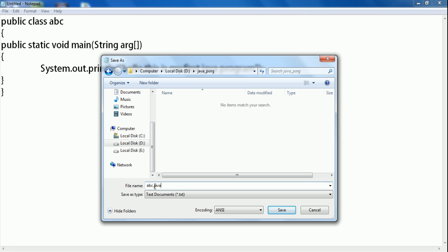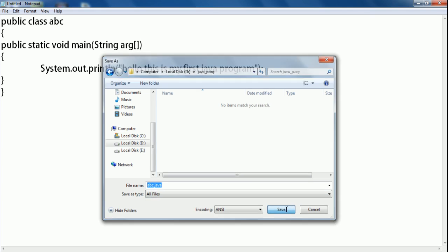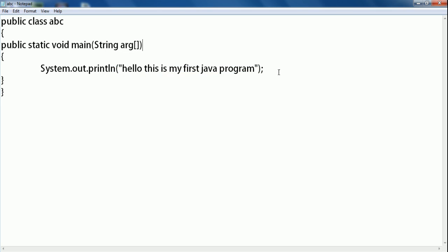So it's better to use the same name as the main class. I have written abc.java, and you can choose all files and click save. Now it's saved as abc.java.